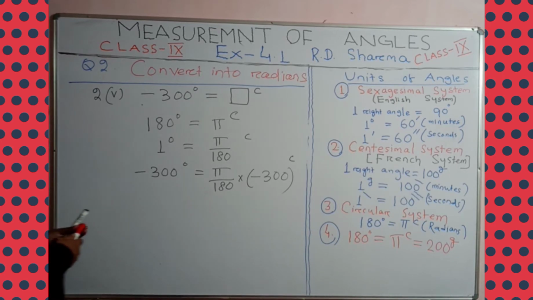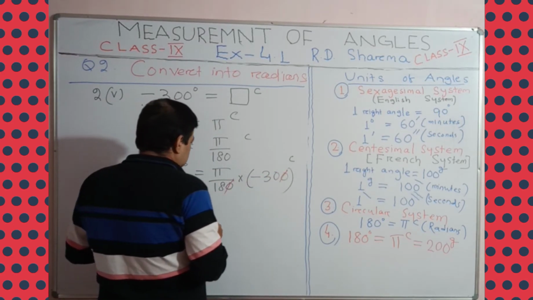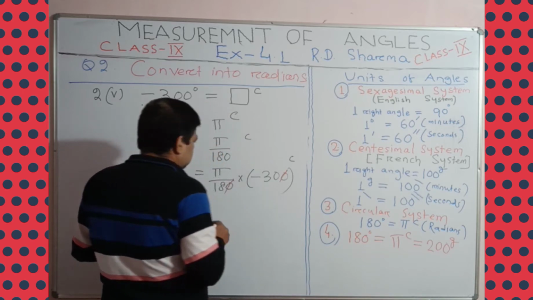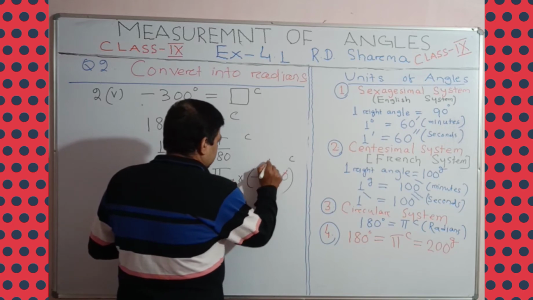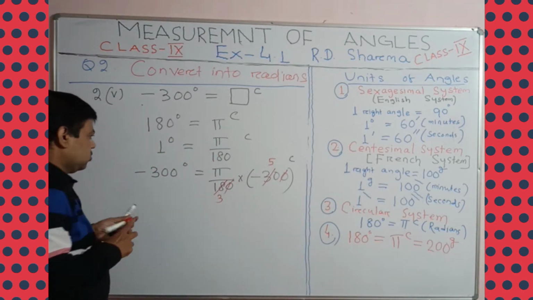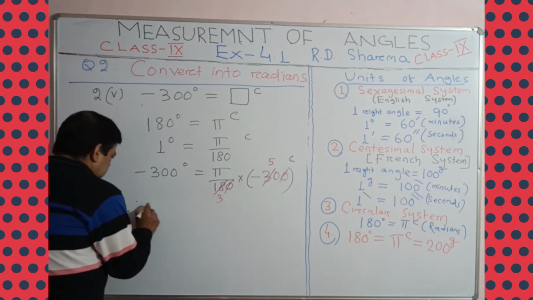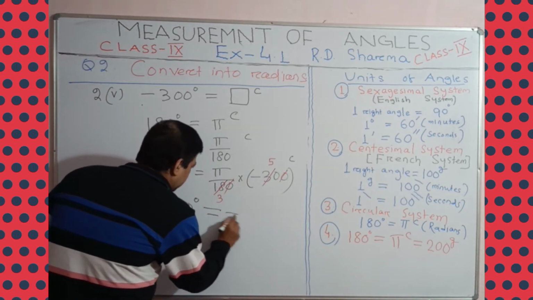We can cancel here 0, here 0. Here you can cancel. 6 we can cancel. 6 3s are 18 and 6 5s are 30. Yes or no? So after cancellation, hence we get minus 300 degree is equal to minus,